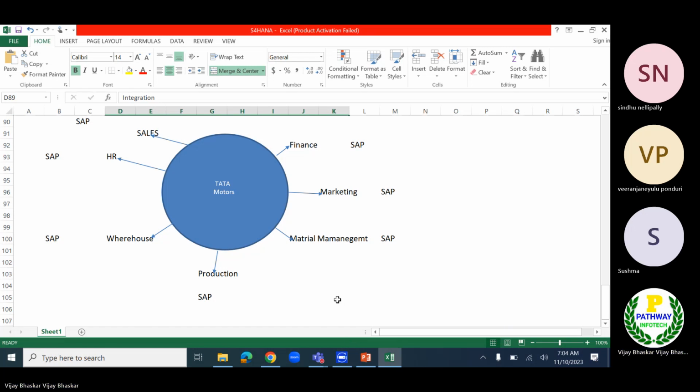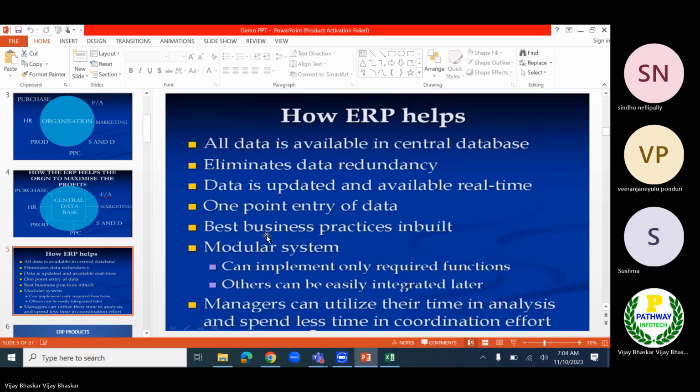One point of entry of data. The data which I want to enter will be entered only once, single sign-on. Best business practices inbuilt. Industry to industry, like manufacturing industry, dairy industry, chemical industry, oil and gas industry, each and every industry has best practices.